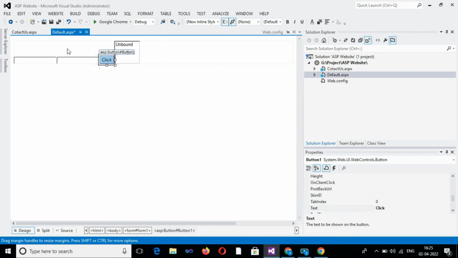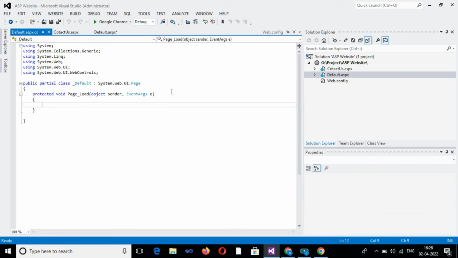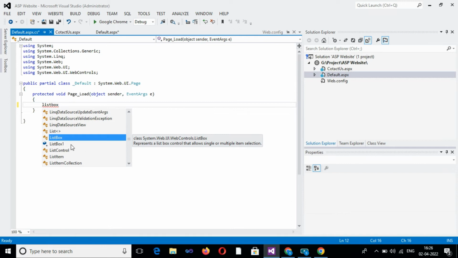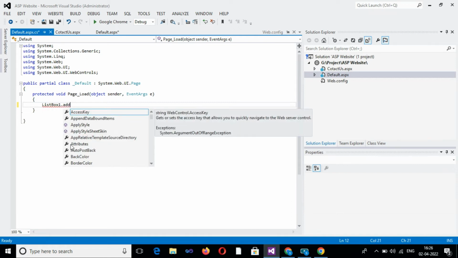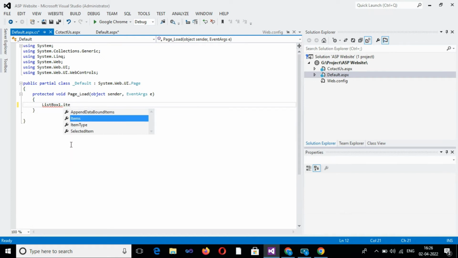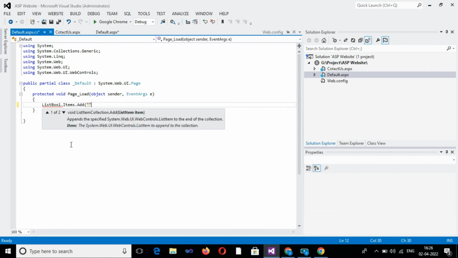So in the page load event, this is the page load event, I'm going to add the list box. The list box name is list box one. ListBox1.Items.Add, giving it as